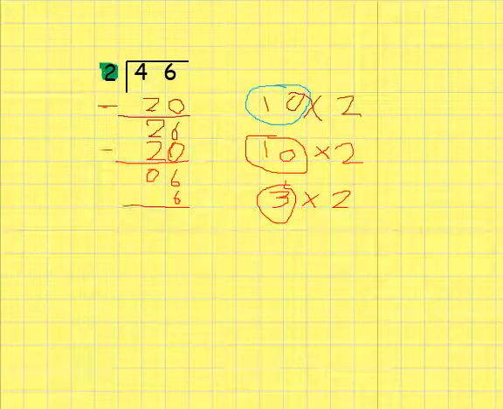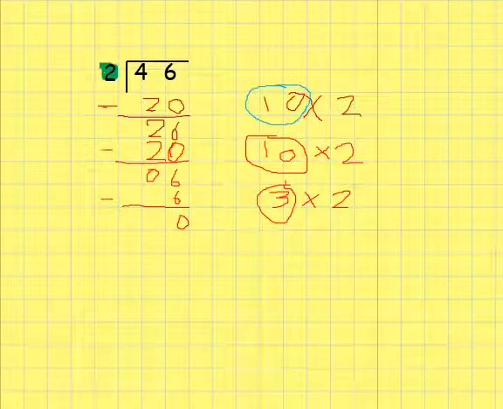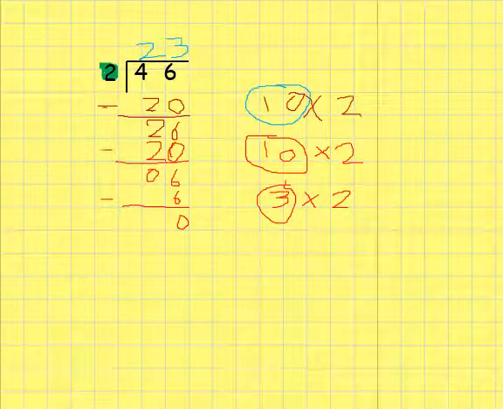Make sure I draw my line in, and then if I take it away, I end up with 0. So what I need to do now is go back and add my answers together. Now remember, this is why it's really important I circle the correct number. So 10, 23. And what is really important as well is that I do check each answer, because as you've